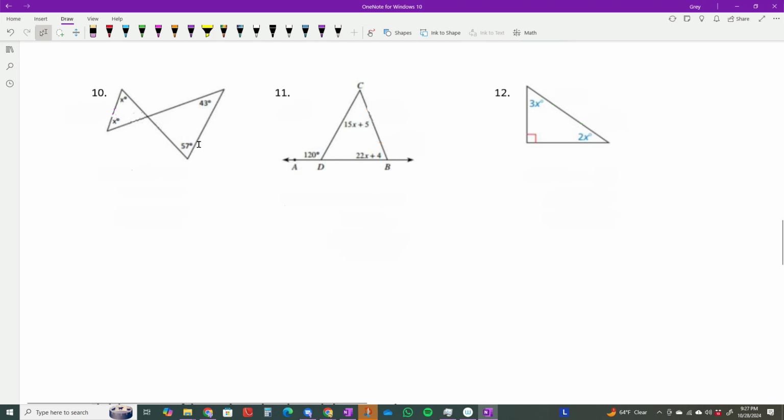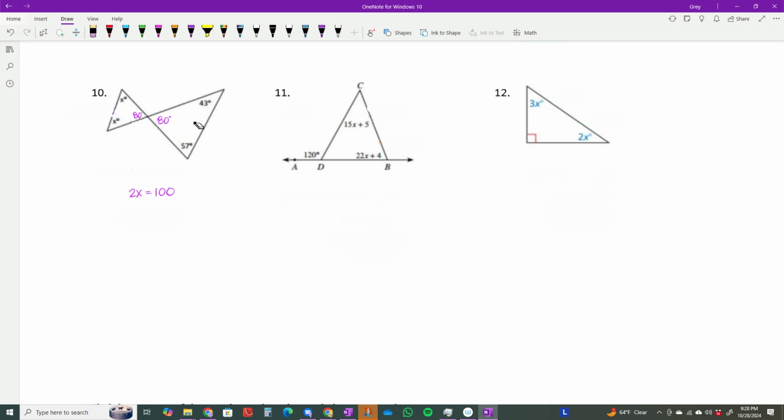And I'm going to say that 43 plus 57 is equal to 100. So that means that this missing angle, the third angle in this triangle, has to be 80. And I know you know vertical angles, so the angle over here is 80 degrees. So my setup equation to find x is going to be x plus x